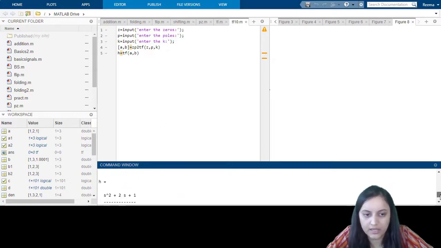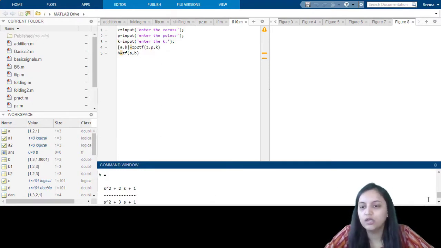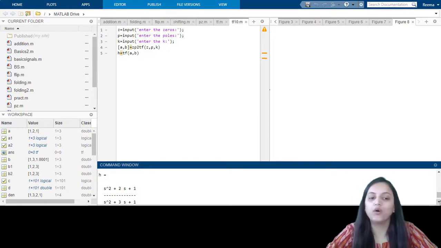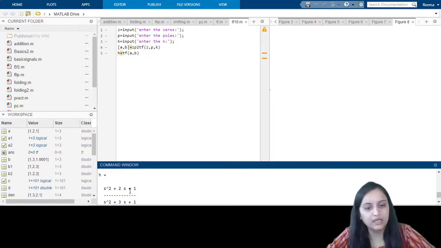In this case, as you can see, h equals to s square plus 2s plus 1 upon s square plus 3s plus 1. So the values of poles and zeros which I have entered were for this transfer function. I have checked it and entered accordingly. So you can enter the values of zeros and poles according to your transfer function or according to your data, and you will obtain the transfer function based on that.